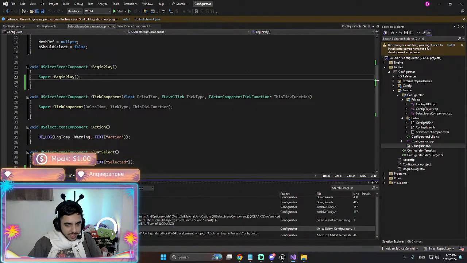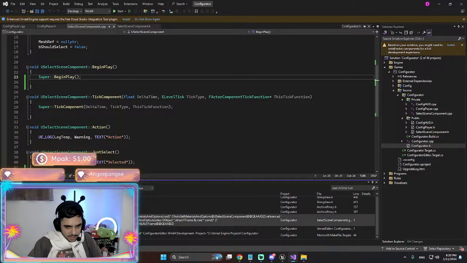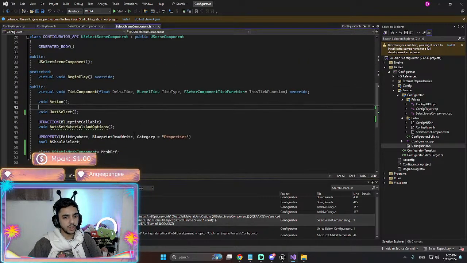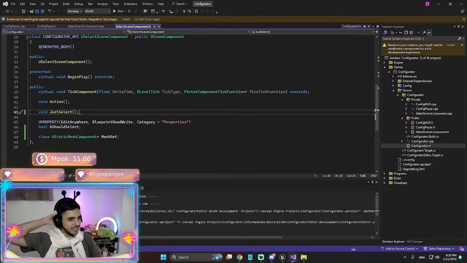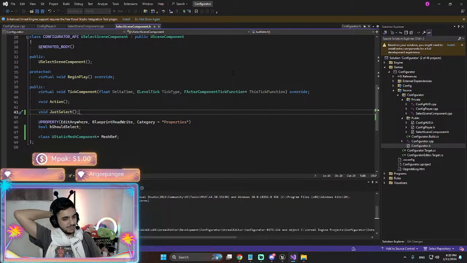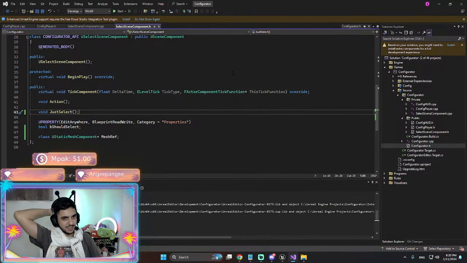Again, this should be easy. Use select components, auto set material and options void. It should be here, I'm sure. Yeah, I knew that. I forgot to remove where I defined the function. Okay, it worked.